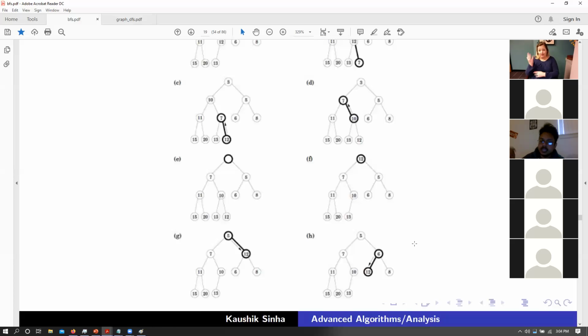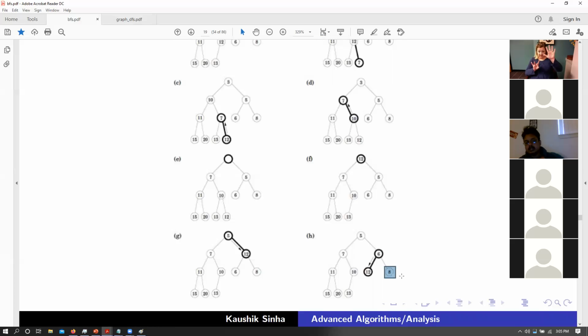Again, if we want to change the value of a particular node, let's say we want to change the value 8 into some other value, let's say 4. We update this value to 4, and we do the same thing as we did for inserting a new node. We just swap it with the parent if it is not following the rules. So if this node is 4, we swap it with 6, so we have 5, 4, 6. Then we compare it with 5 and swap it with 5, and then it becomes 4, 5, 6.